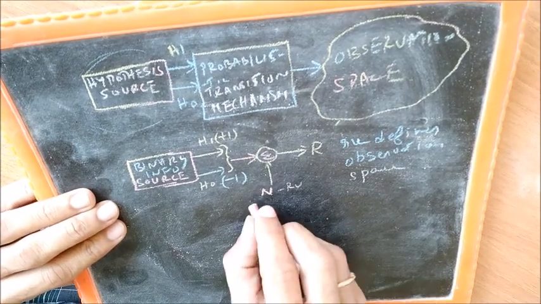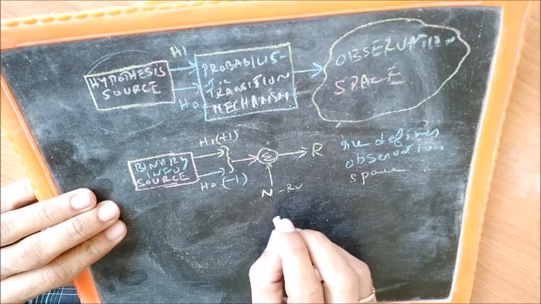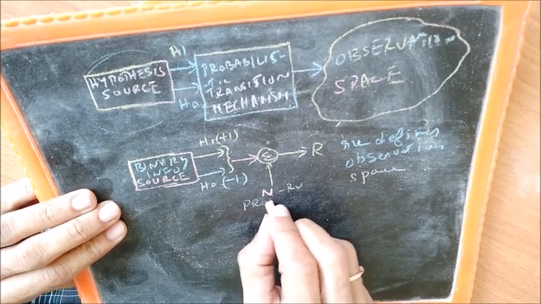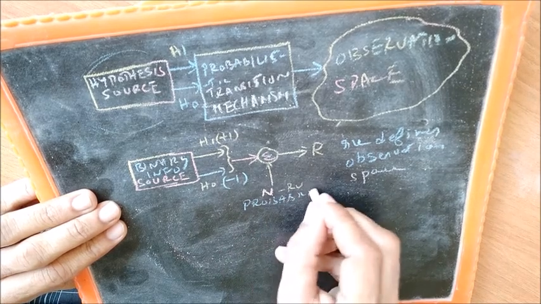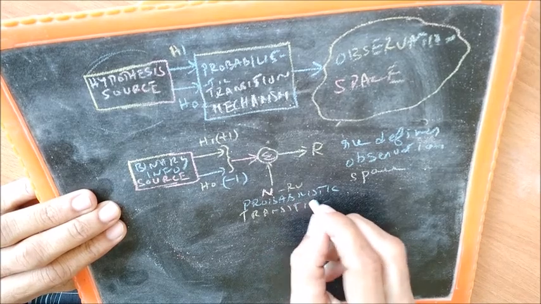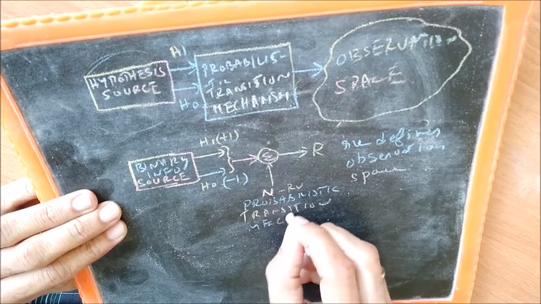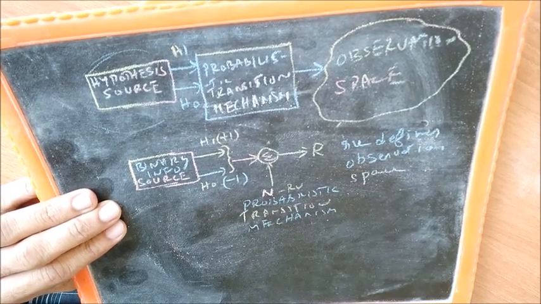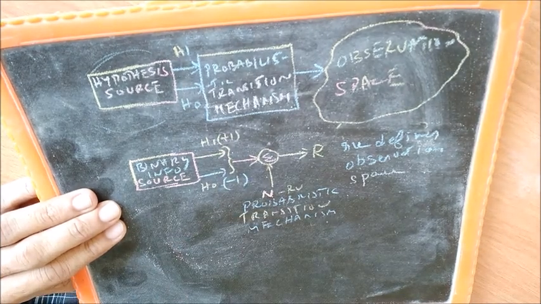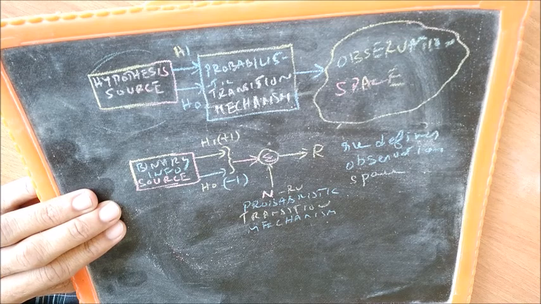And this, the noise random variable which gets added, is the cause of the probabilistic transition mechanism. It's called a transition mechanism because, for example, if hypothesis H1 were true and +1 was transmitted,